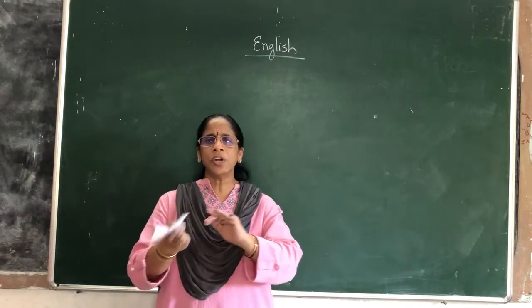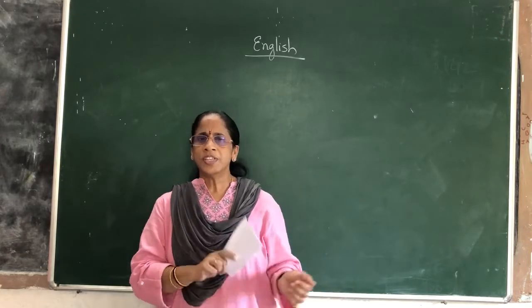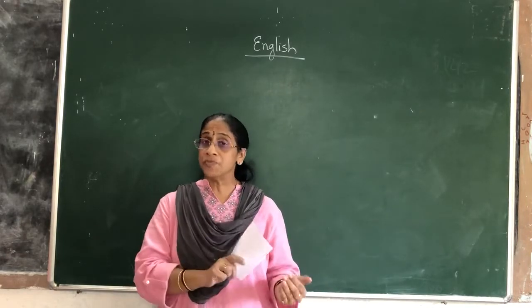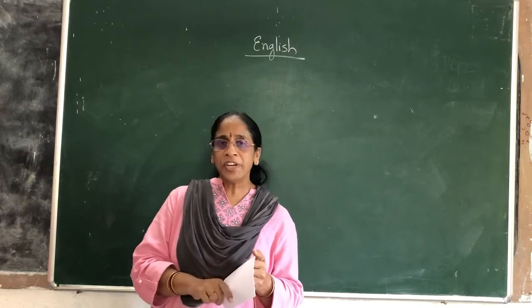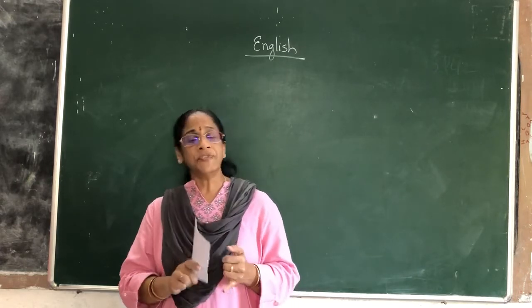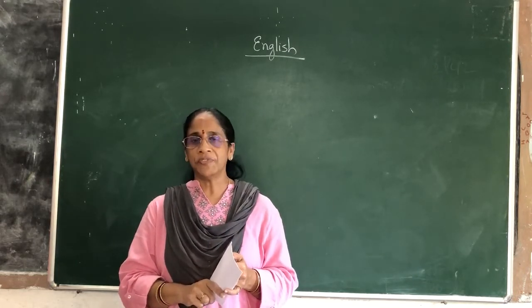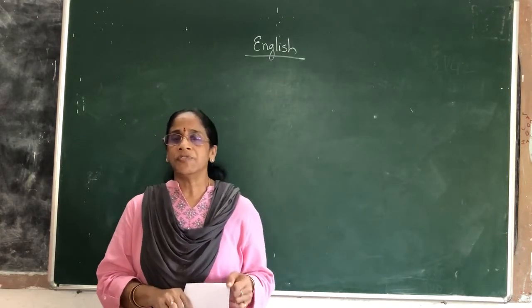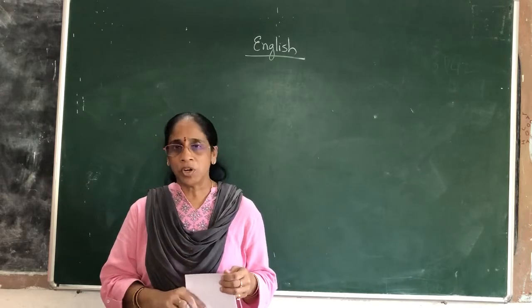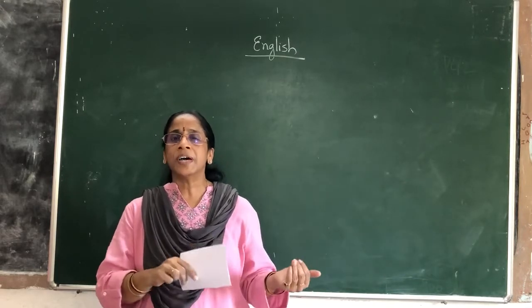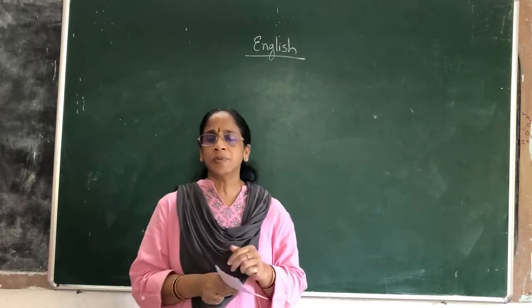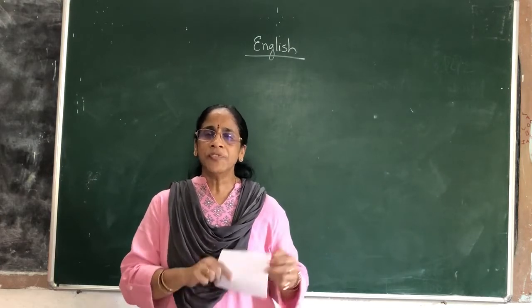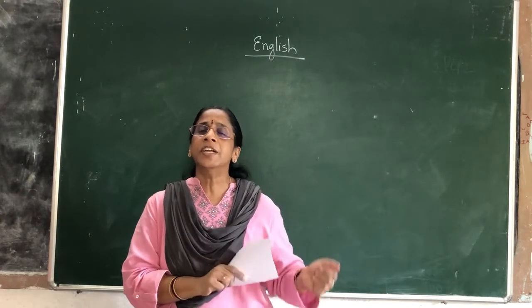Now we will see what the two different types are. So just now I told you a, an and the. These are divided into two different types. They are classified into two types: indefinite articles, a and an, and the definite article, the. Okay, the definite article is the. So a and an are called indefinite. Why do you think they are called indefinite? Because whomever they indicate, whomever they are describing, it is a demonstrative adjective I told you. So they leave the object or the thing described indefinite.